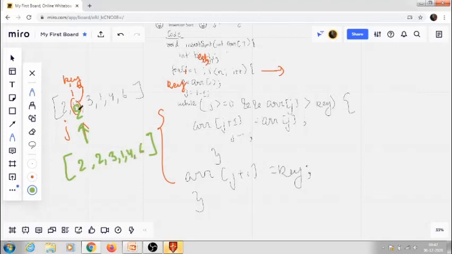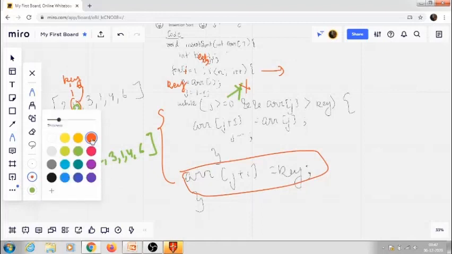Then j minus minus, so j is now minus 1. It is not satisfying this condition, so the loop ends, and now we go to array[j+1].